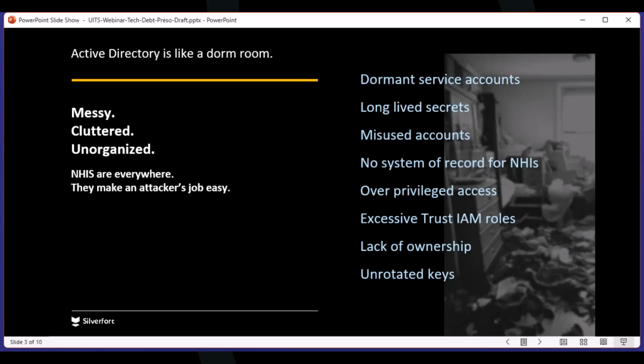It's kind of an overview, but we'll start at the top with the dormant service accounts, right? How do you know that something's dormant? If you're expecting an owner to come back to you and say, yeah, we just don't need this account anymore, well, that doesn't happen very often, right? So you need a mechanism or some way to prove with a reasonable level of doubt that something is dormant or unused in your environment.